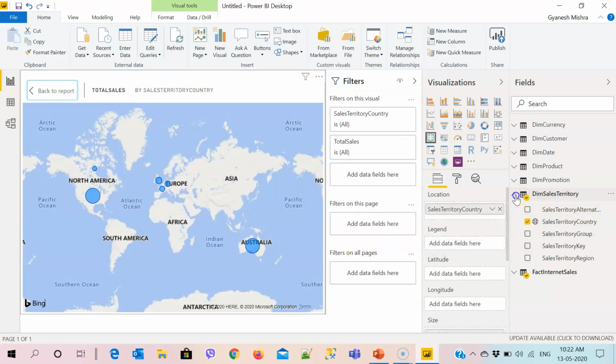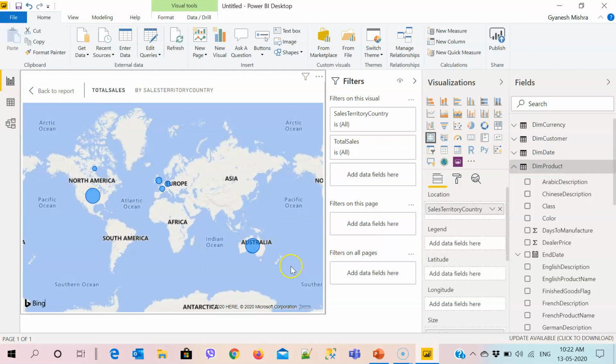Once I got this, I may want to do some more customizations. I will simply go to the Product. Right now, if you take your cursor to this location, it is going to show you Australia 61,000. But what if I want to add more customizations? I want to show the information on the basis of, say, Australia and color both.